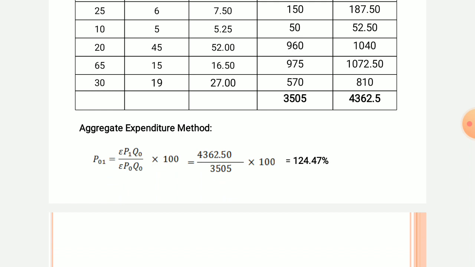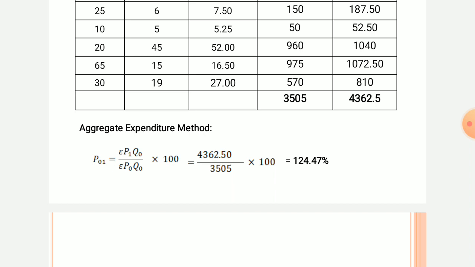This is the formula we use to calculate index numbers according to the aggregate expenditure method, as you already know. Sigma P1Q0 is 4362.5, divided by sigma P0Q0, 3505, into 100 is equal to 124.47%. This is P01, or CPI, the consumer price index, or price index number for the current year, equal to